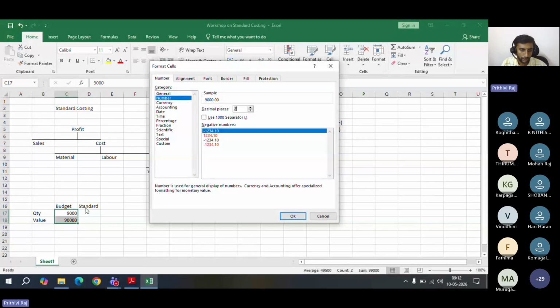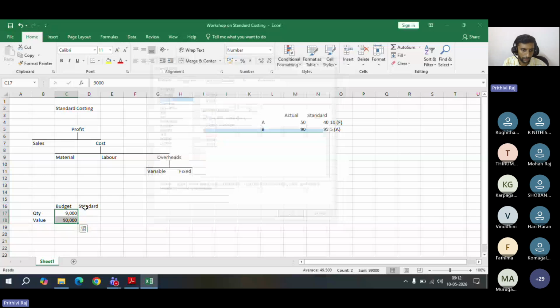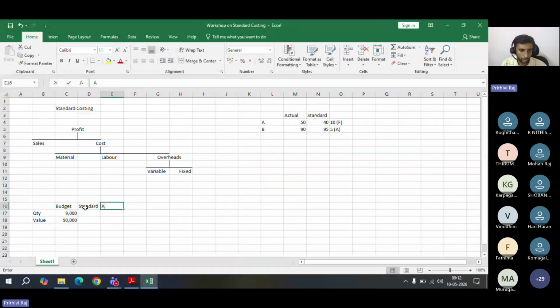This is my budget. Then if you see, actual turns out to be 10,000 quantity. The value is 1 lakh. Now you are comparing the value of 90,000 and 1 lakh. If you compare budget and actual, just pay close attention to it. You are comparing 90,000 and 1 lakh, and you are telling that your actual cost is like 10,000 rupees more